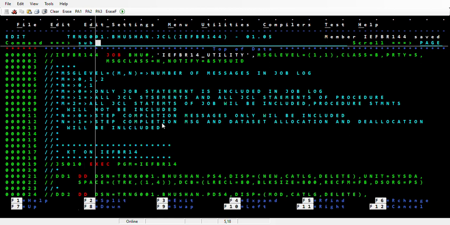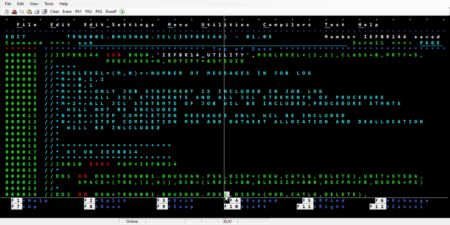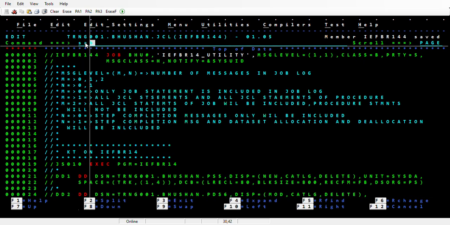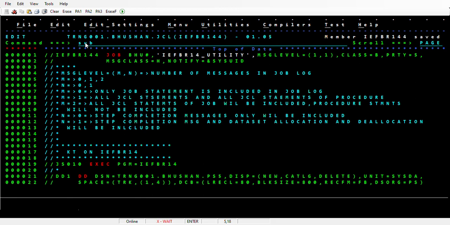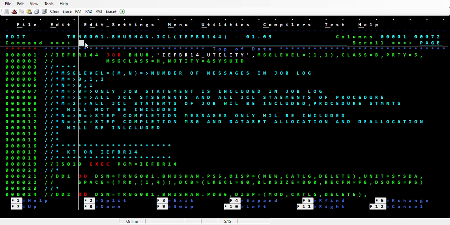Now, before submitting, I have to change this to PS5, and change this to PS6. Save and submit. Okay, save and submit. Now if you see, you should get a max CC of 0. If you go to your job log,